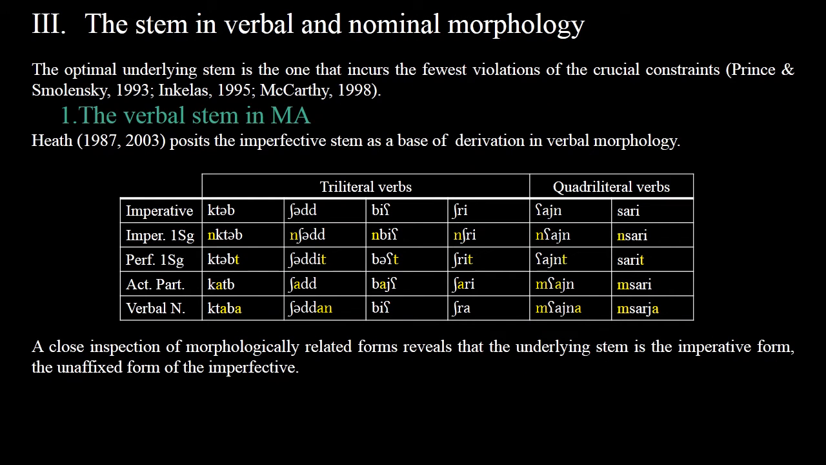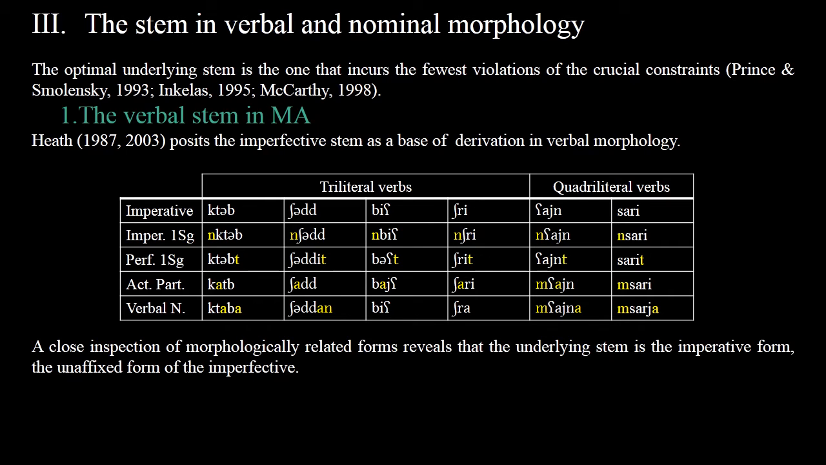Now, we deal with the stem in verbal and nominal morphology. Which stem is underlying the surface facts? The optimal underlying stem is the one that incurs the fewest violations of the crucial constraints. In other words, among the competing input stems, the closest to the surface forms is selected as an input. The verbal stem in Moroccan Arabic: Heath poses the imperfective stem as a base of derivation in verbal morphology. But a close inspection of morphologically related forms reveals that the underlying stem is the imperative form,